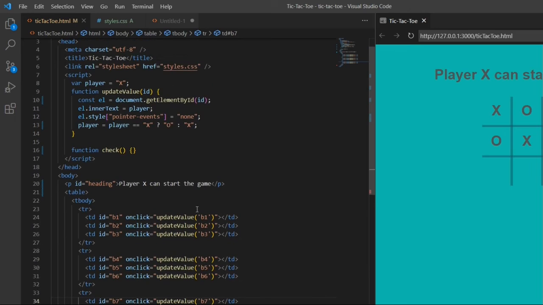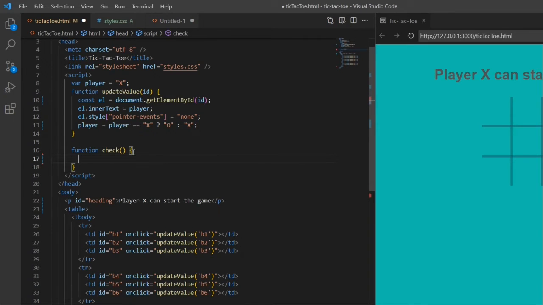Now we just need to check every time a player makes a move. We need to check if he has already won the game, or he can make the move, or it's a draw. Like for example, now X makes a move. Like this is the draw, and then we need to display it's a draw. We need to check, right? So for that we will use this check function, and using check we need to check the value of each